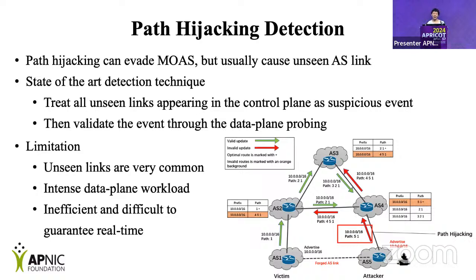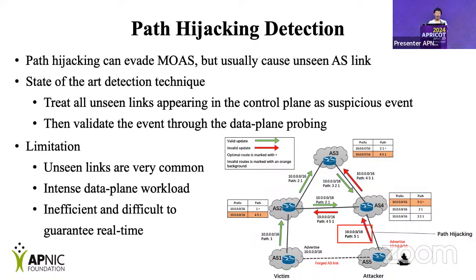For path hijacking detection, the state-of-the-art detection techniques treat all unseen links appearing in the control plane as suspicious events, and then validate the event through data plane probing. But there are some limitations, because not all unseen links are because of hijacking.